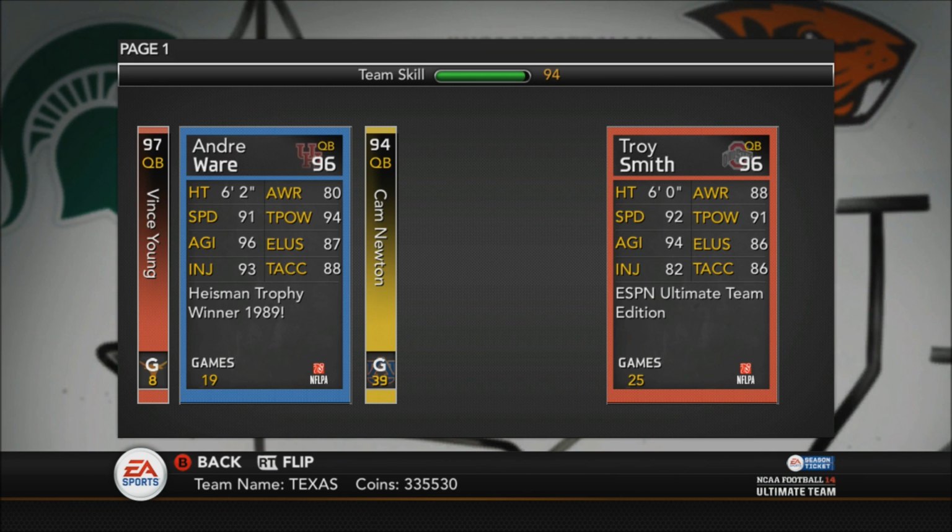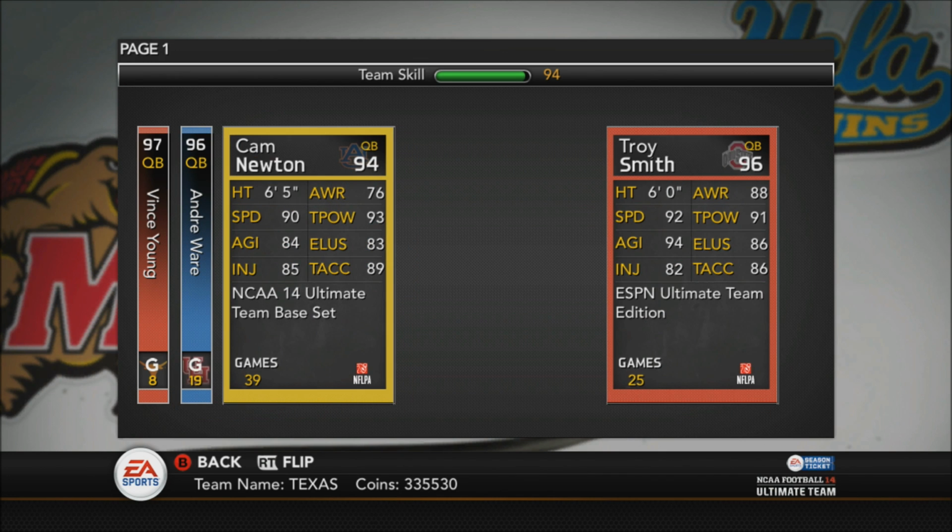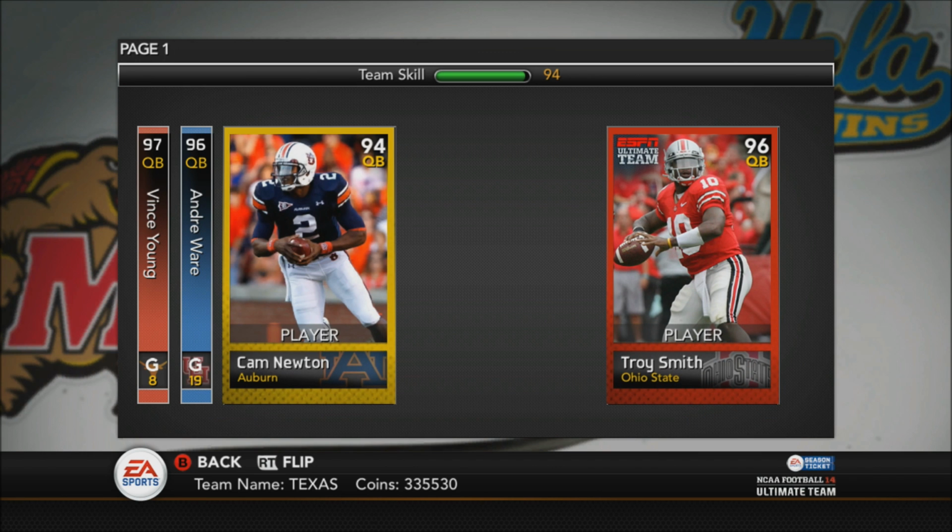You could probably go ahead and spend 60K on Michael Vick Heisman and collect it and get a better quarterback overall with the stats. I'm not sure what his stats look like, but it might reflect better. It might be better on your pocket, especially if you're hurt for coins. You want a mobile quarterback. So Troy Smith, if I see one up for 300, maybe even 250,000 coins, I say pick it up,